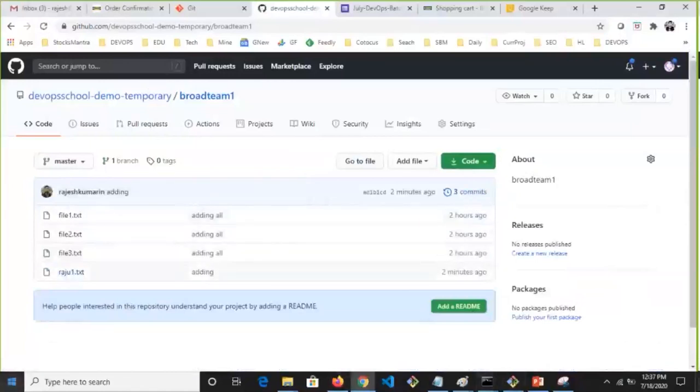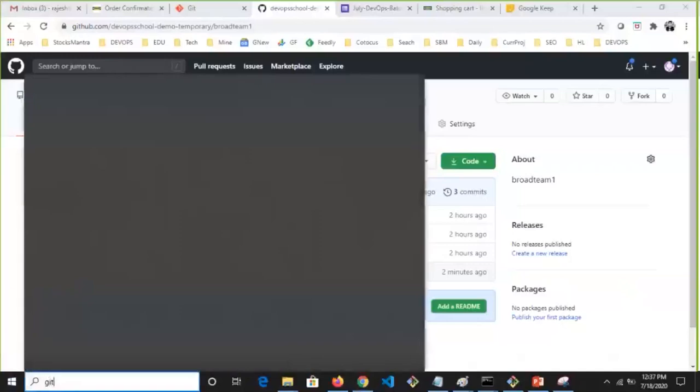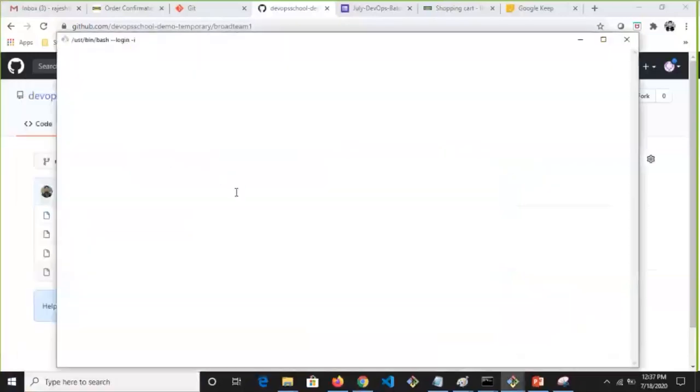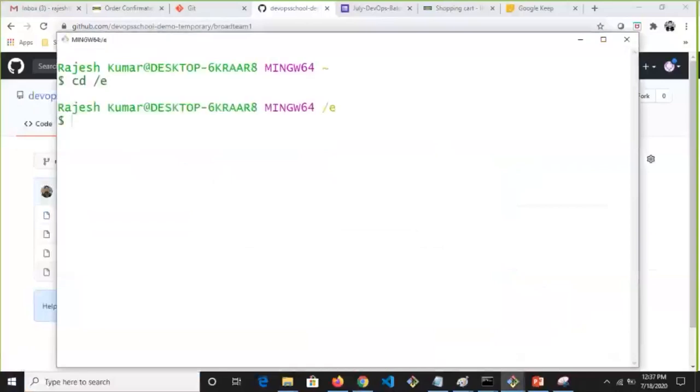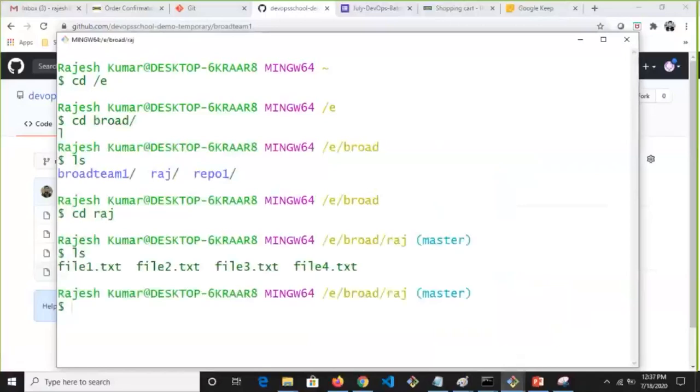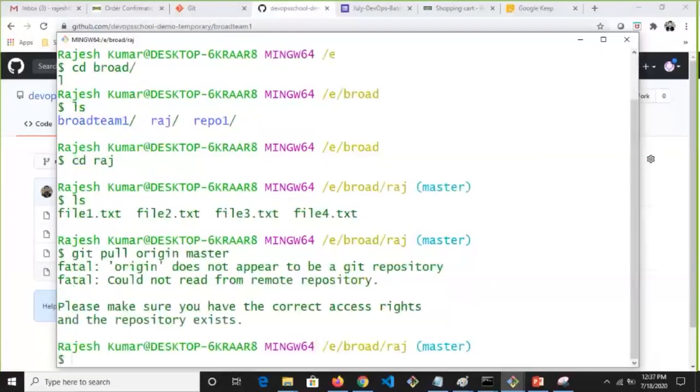Now I will act like a different guy. So git bash, I'm acting like Rajesh. Right now my repository is in E drive, broad and Raj. Now you see here, I don't have raju1 in my repository. So what should I do? I should pull it. But can I use origin here? Actually, I did not clone this repository, so I don't have origin created.